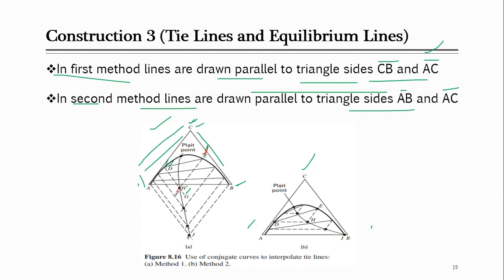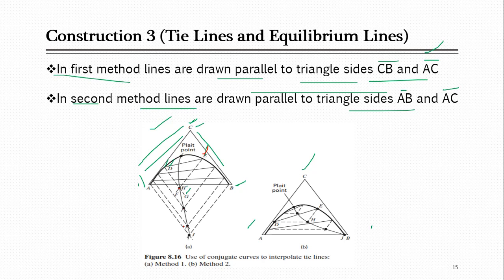Just ignore this line at the moment. Similarly, you will go to the next tie line and draw the line along CB as well as along AC, and they will also intersect at some point. Then the next tie line, and they will intersect at some point, and finally overall you can see that